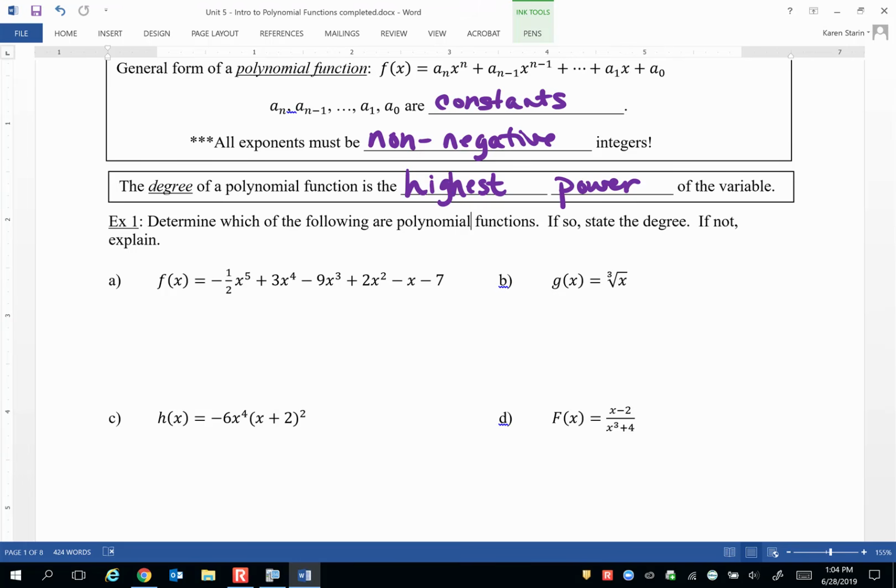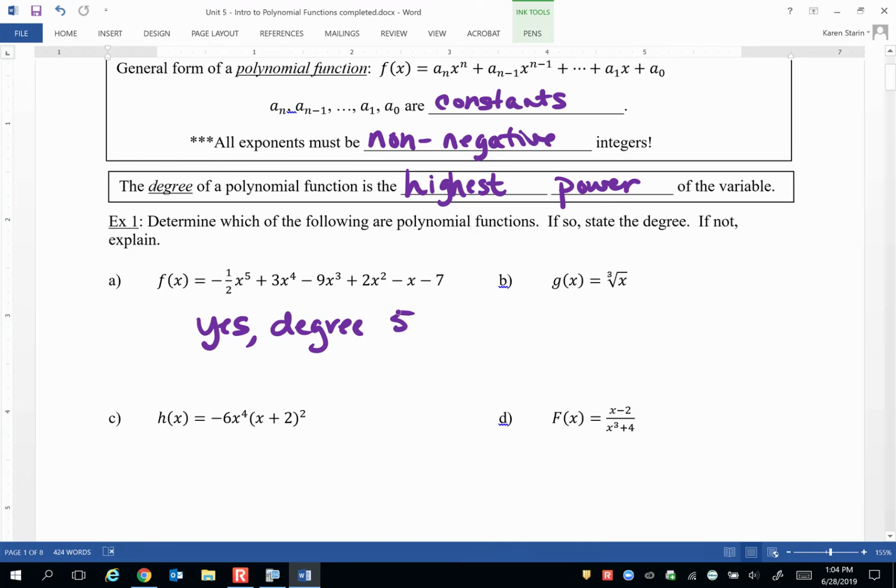Part A, f of x equals negative 1/2 x to the 5th plus 3x to the 4th minus 9x cubed plus 2x squared minus x minus 7. In looking at all the powers of the x, they are all non-negative integers. So yes, this is a polynomial function, and its degree is 5, because that's the highest degree that we see